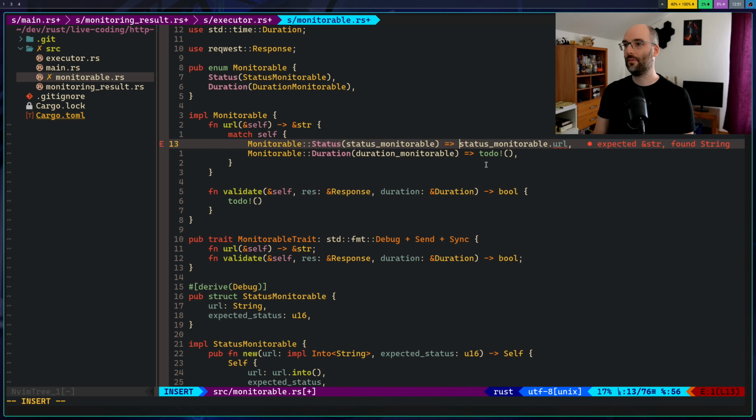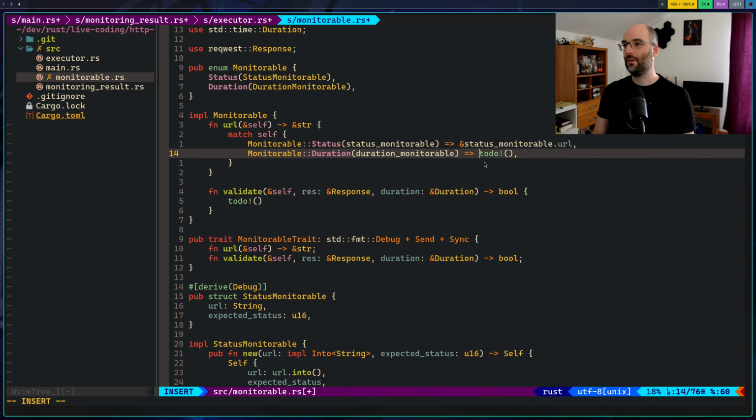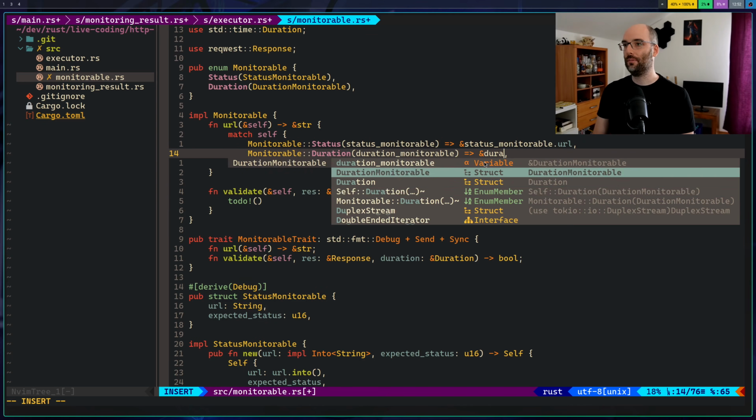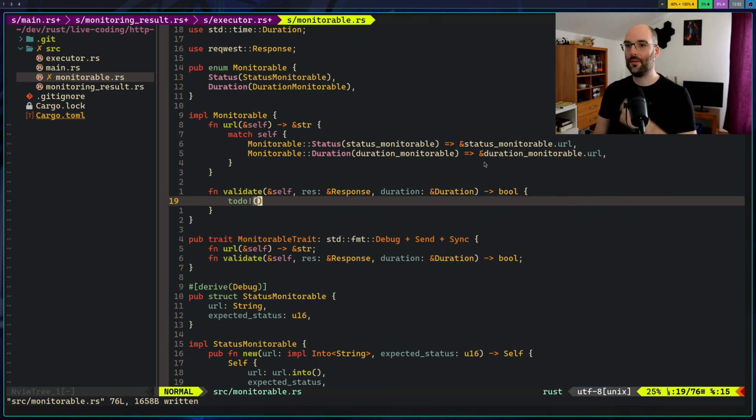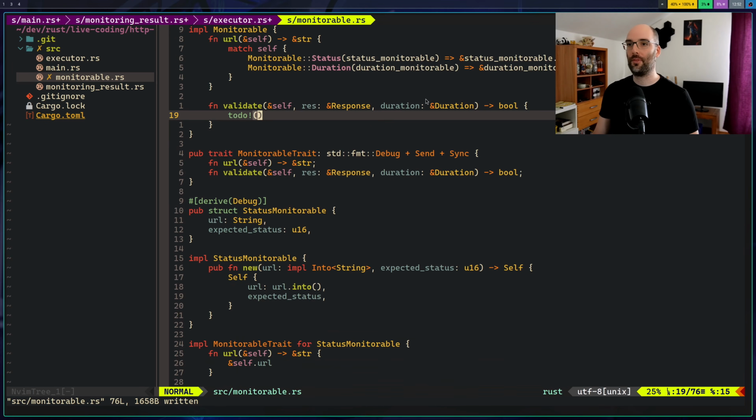Yeah, need to reference here, and probably same thing here. Duration monitorable dot URL. It has the same field. So this one is the same implementation for both things. However, here we'll have to do something different.